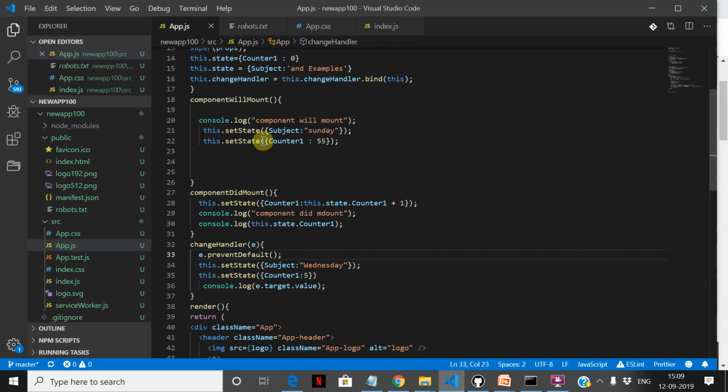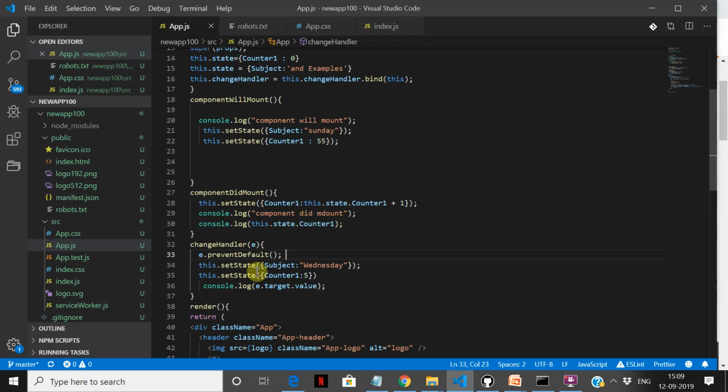So just to continue with the component will mount. The component will mount runs for the first time, not multiple times. What we're doing here is creating a state with the value 0, and we can give set state counter 1 colon 55. So I'm initializing this counter to 55 in the component will mount, because component will mount is usually used for initialization. You don't have any previous values here, right? Because as of now, the state is still the current state only.